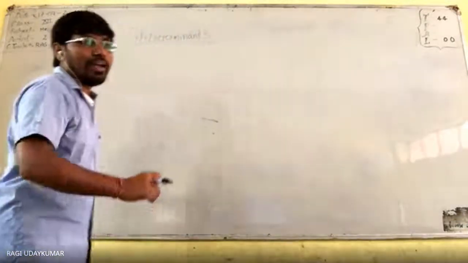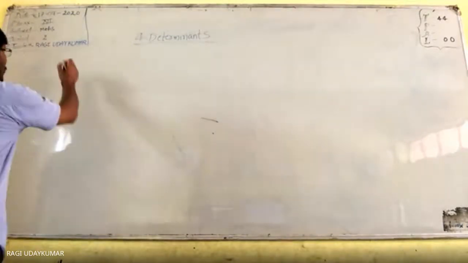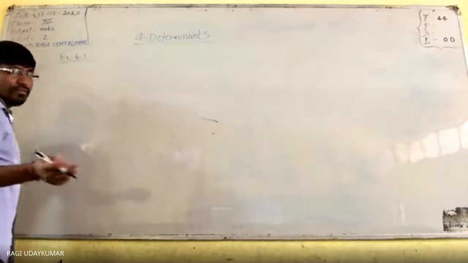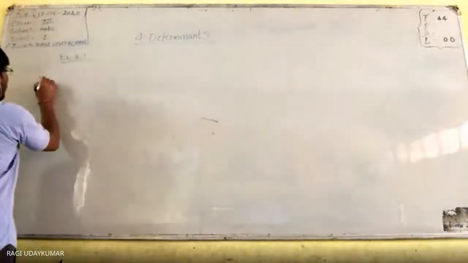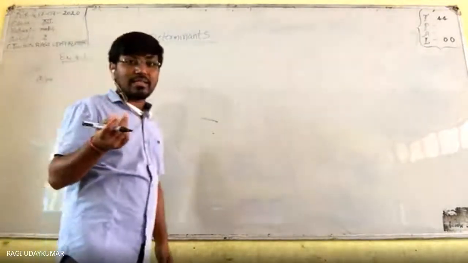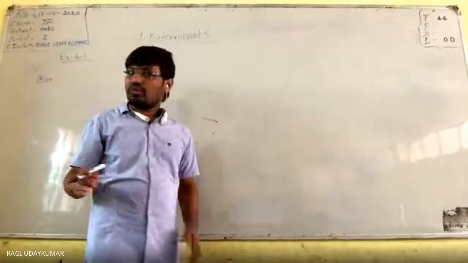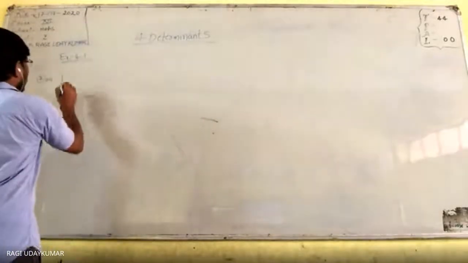So evaluate the determinants in exercises 1 and 2 of Exercise 4.1. The first problem is very simple. Directly you can find the 2 by 2 determinant which is given here. In the second problem, the elements of the matrix are given as algebraic expressions, polynomials. Whatever it may be, you should be ready to do it.